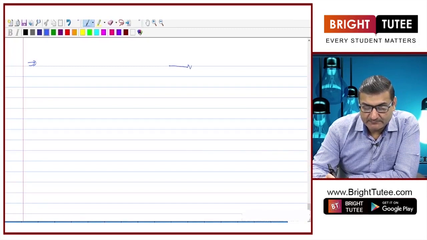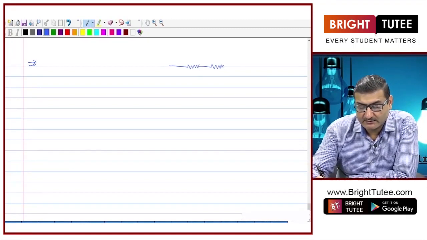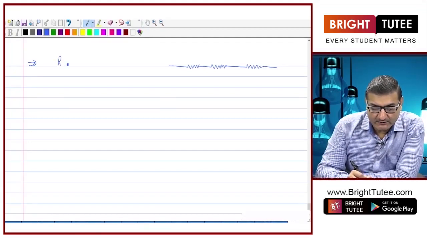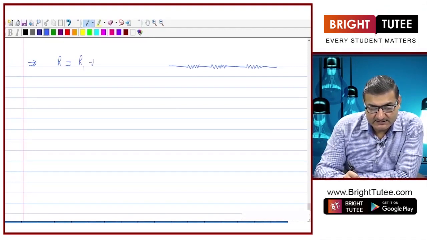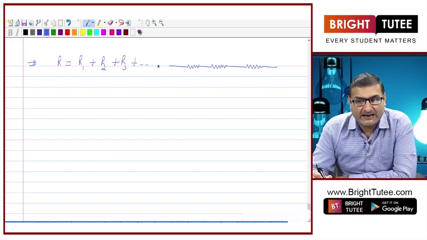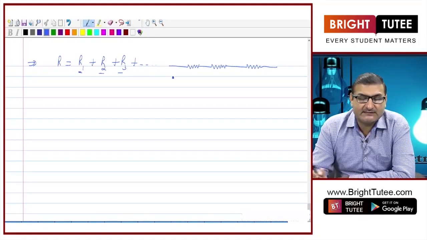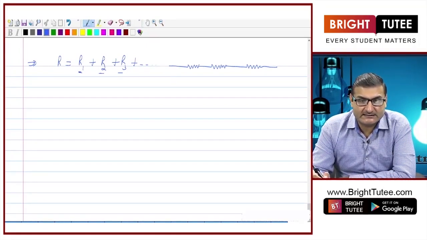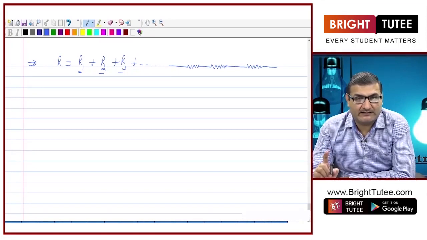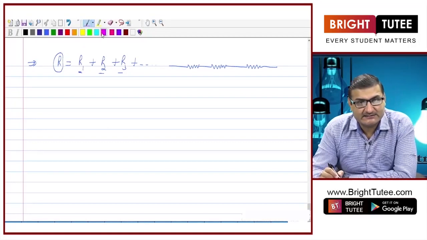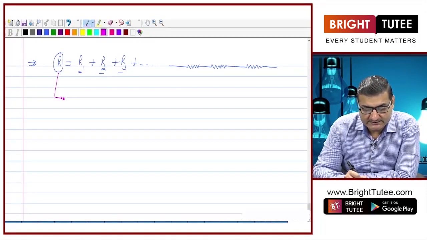If I am joining the resistances in series, I know I calculate the total resistance as R1 plus R2 plus R3 and so on. I am literally adding up all the resistances. So, the resistances are getting added up. Now, just take care of what I am saying. If I am talking about resistance in series, then the total resistance